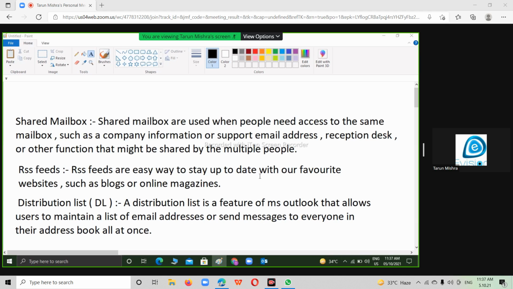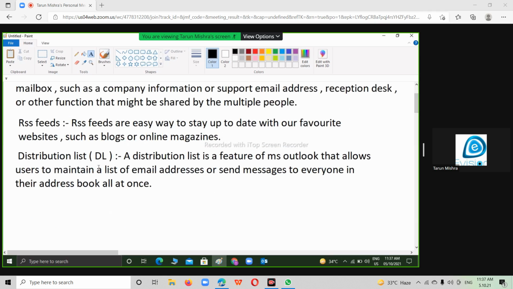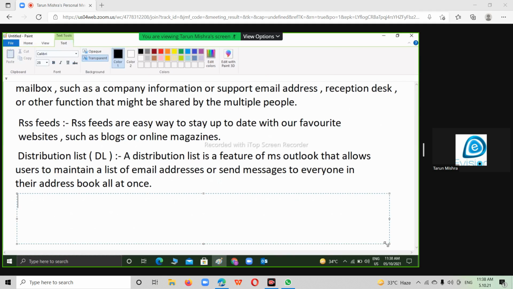You need to remember the definitions for shell mailbox, RSS feed, DL, and I will also tell you what GAL is. These are important common points, and companies want this kind of information from you.